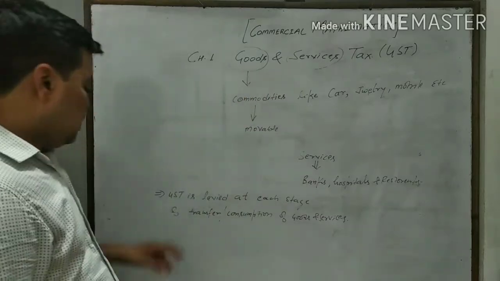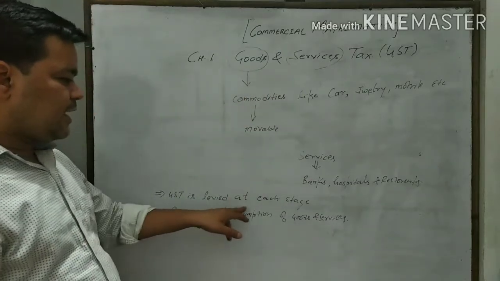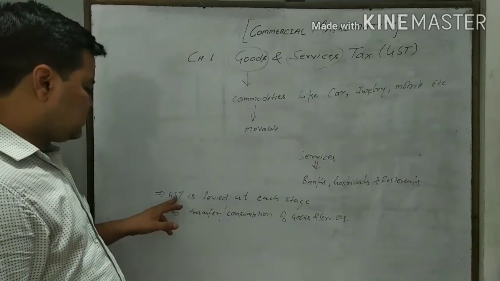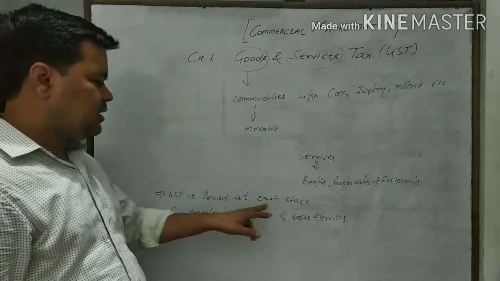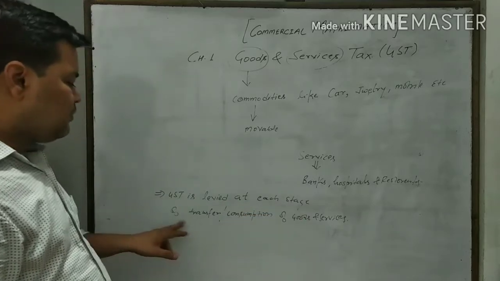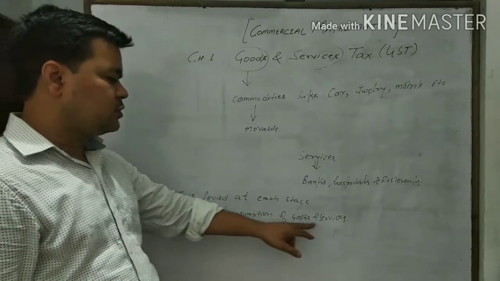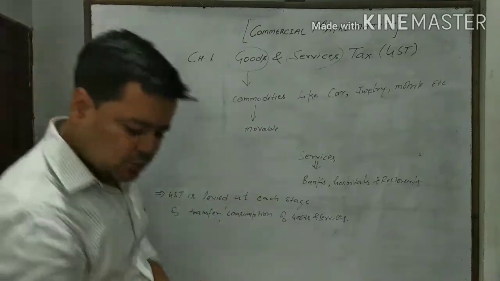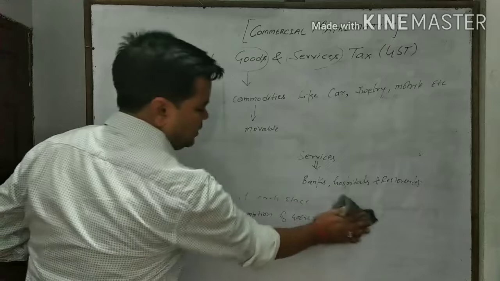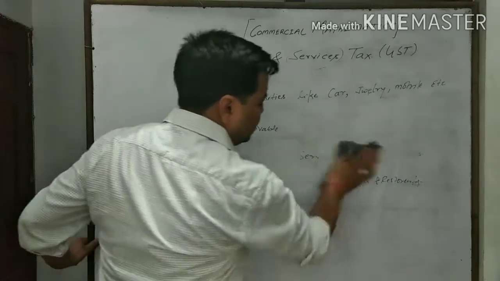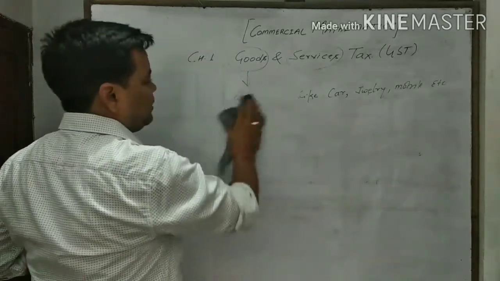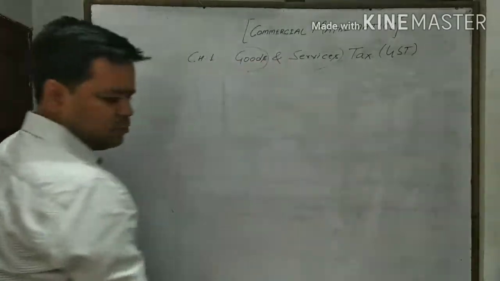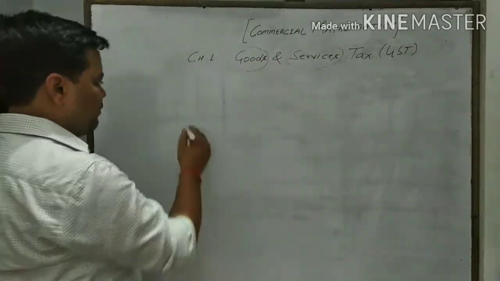Now GST is levied at each stage. Goods and services tax is levied at each stage of transfer and consumption of goods and services. Try to understand the meaning of each stage. Each stage means if we are taking any commodity, like a car or a mobile phone, from the manufacturing company,